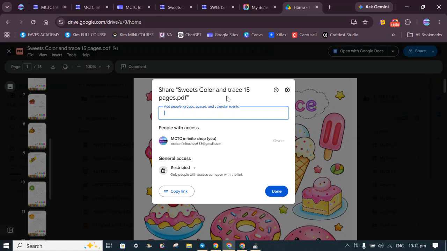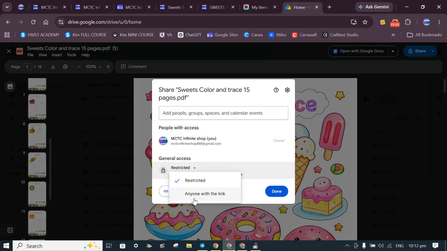Okay, there. As you can see, it says here, share Sweets color and trace 15 pages dot PDF. So I'm the owner of it. So the general access is restricted. Okay, that's the default access. So only people with access can open with the link.